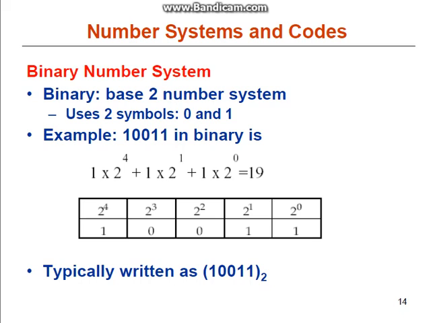So let's start with the binary number system. For the binary system, we have base 2, which means we only have 0 or 1. Remember, just like what we have seen earlier. So this is the example, which is 100